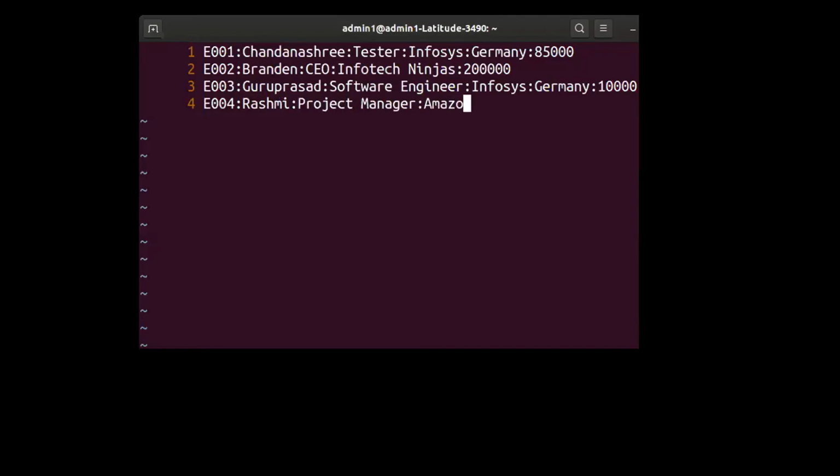She's working in Amazon, and she's right now in California. Salary is pretty good, but I don't want to disclose her salary, so I'll just put 11,000. Slightly more than me because project manager is above software engineer.